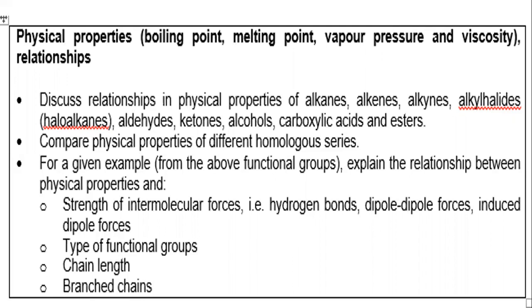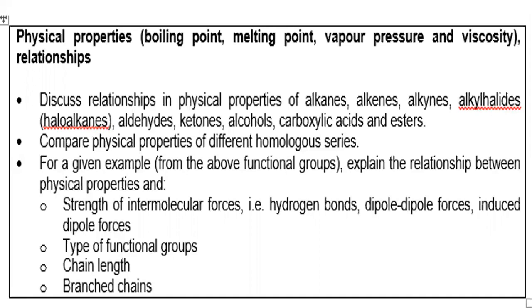And then remember, we must be able to discuss the relationships of these physical properties in relation to the homologous series that we have learned about, especially when we're doing nomenclature. In other words, we must know very well the boiling points, the melting points, and the vapor pressures of different homologous series and actually be able to compare them. And that is why the second bullet tells us we must be able to compare physical properties